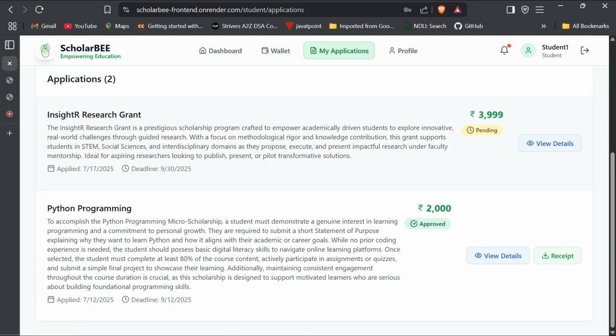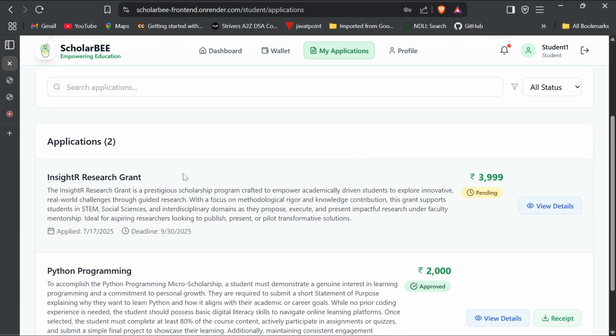I have already done the demo for this: the very first Python programming application has been approved by the sponsor, and the other one, a research-related scholarship, is still pending. After this, I'll show you the sponsor part too.